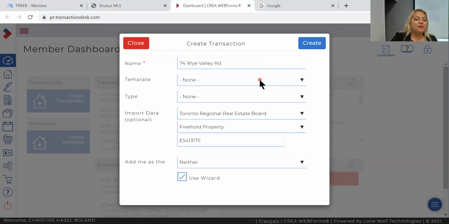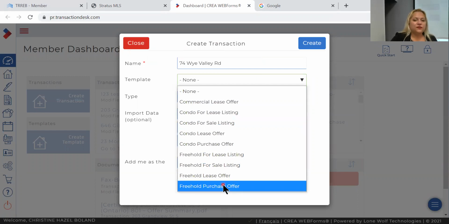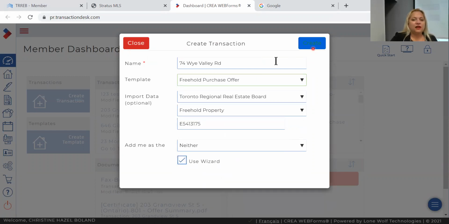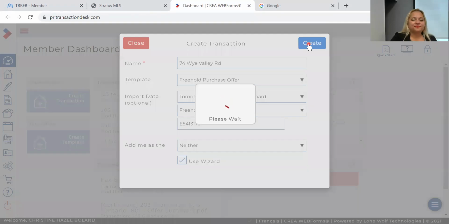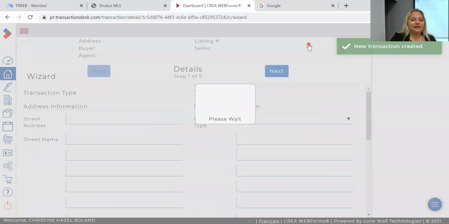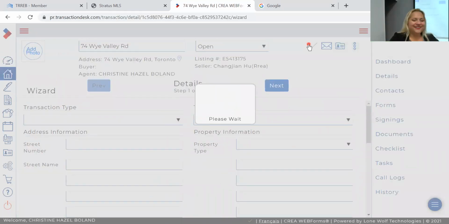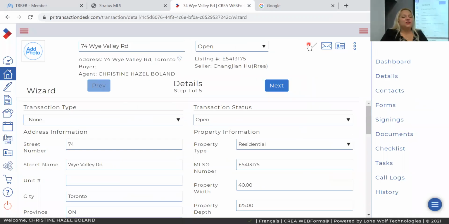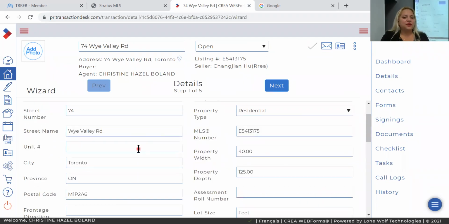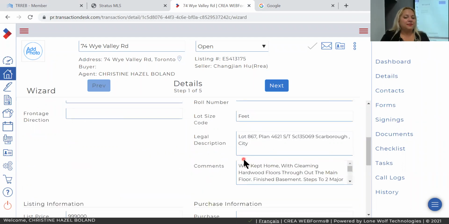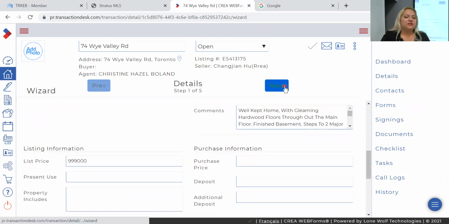We'll then pick our template like we did before. Okay, so freehold purchase offer. And then we are going to move this bar out of my way. We'll go to create. Okay, so now you see that you created it directly from the listing. What's happened is it's auto-filled the wizard out for you now, right? So you have the address, you have all the information, MLS number, property width, property depth, all this information, right? So now if I go next,